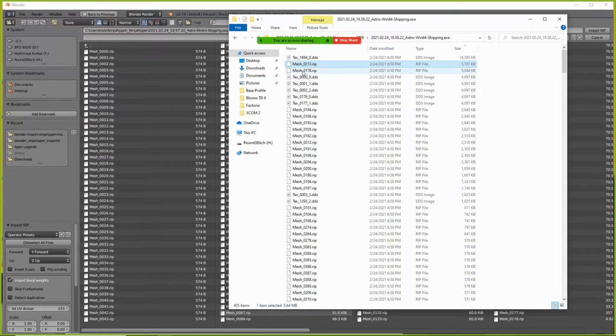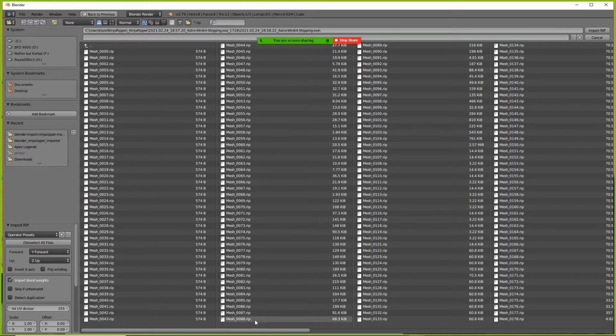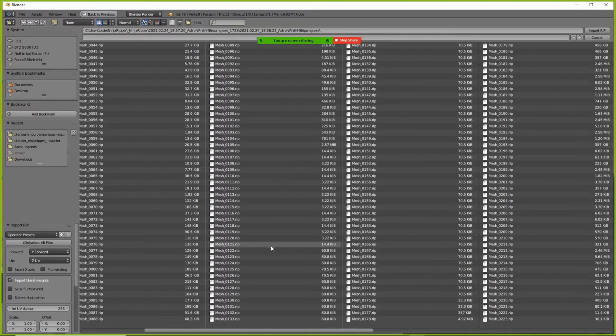Now, unfortunately, Blender doesn't support sorting this, so you've got to manually shuffle through. But remember, these two were the biggest, so these will probably be the most interesting ones. Textures tend to be really big compared to the rest of the game. So 213 and 178 will import. So you just scroll